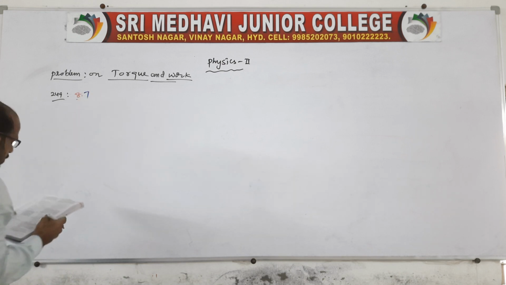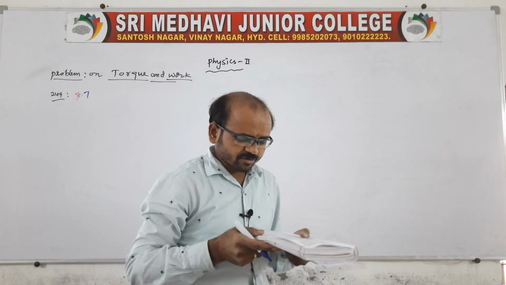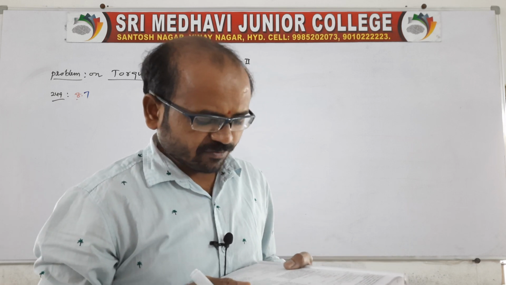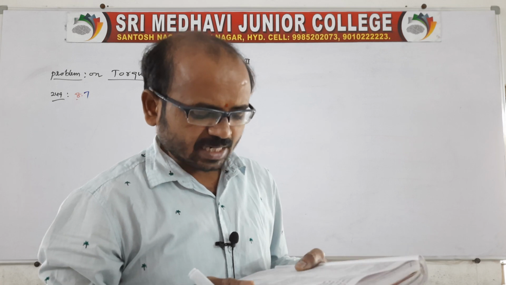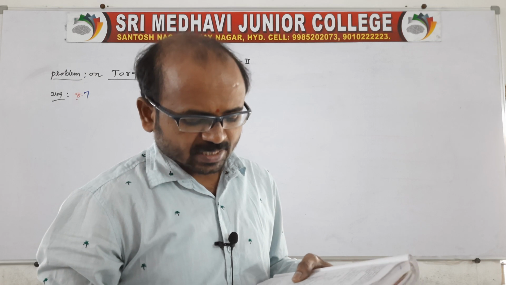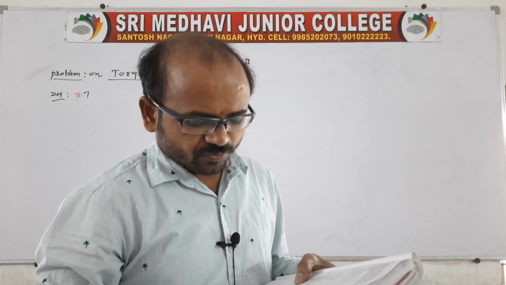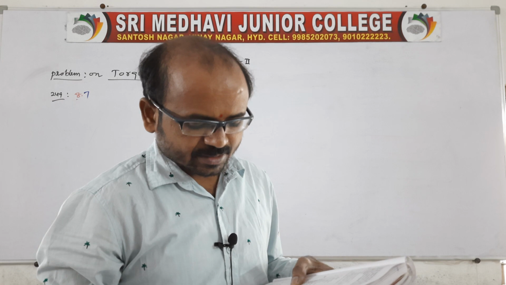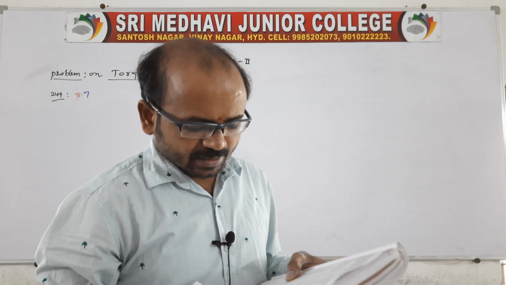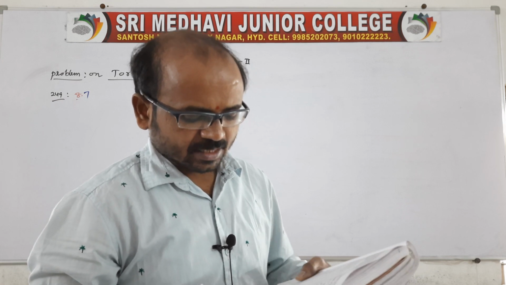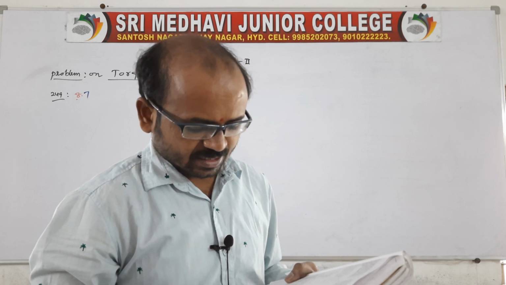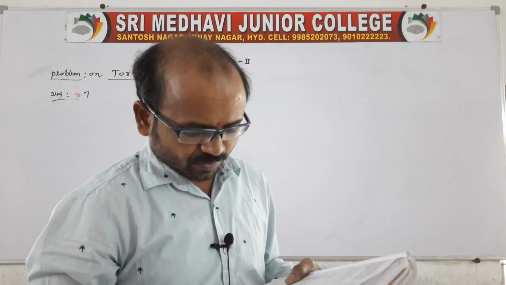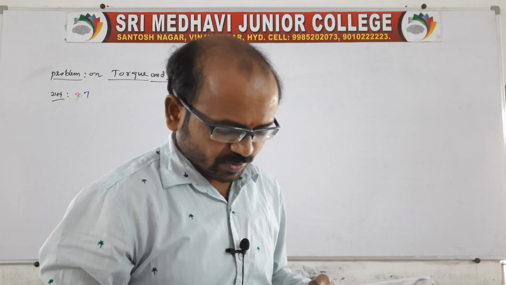8.7. A bar magnet of magnetic moment 1.5 joule per Tesla lies aligned with the direction of a uniform magnetic field of 0.22 Tesla. What is the amount of work required by an external torque to turn the magnet so as to align its magnetic moment, first, normal to the field direction, and second, opposite to the field direction? What is the torque on the magnet in case 1 and case 2?